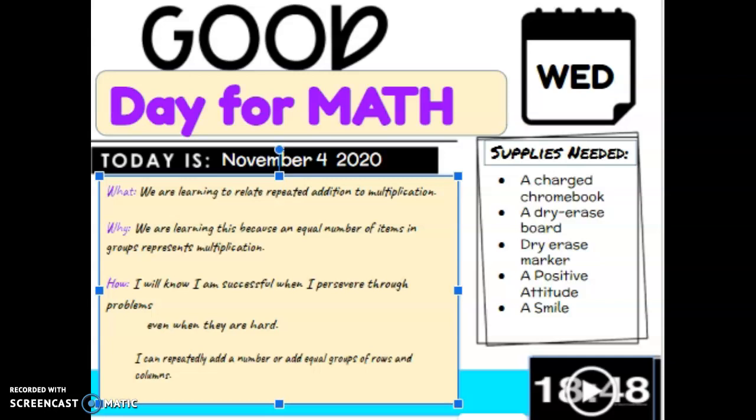Hi, everybody. Today is Wednesday, November the 4th, and we are going to be talking about multiplication, which I'm really excited about. It's one of my favorite math topics, and we are learning how to relate repeated addition to multiplication. We're going to be learning this because we want to be able to determine if an equal number of items in a group represents multiplication. If you've got the same amount, an equal number, then we can use multiplication to represent that